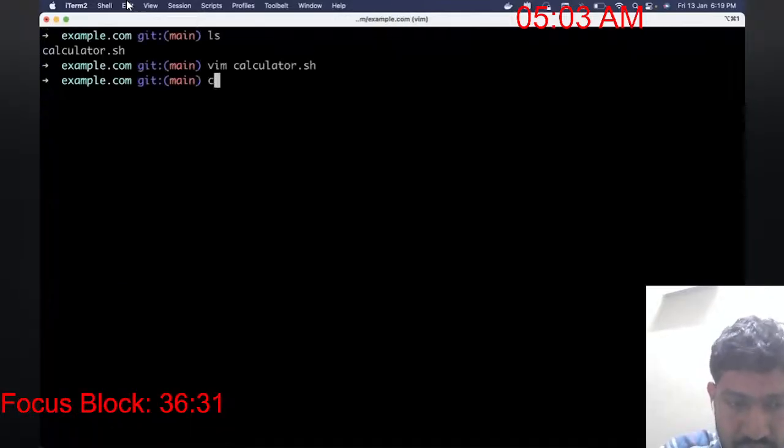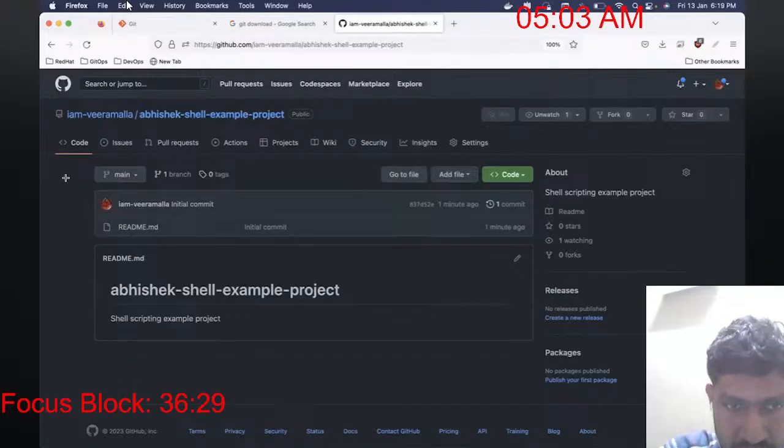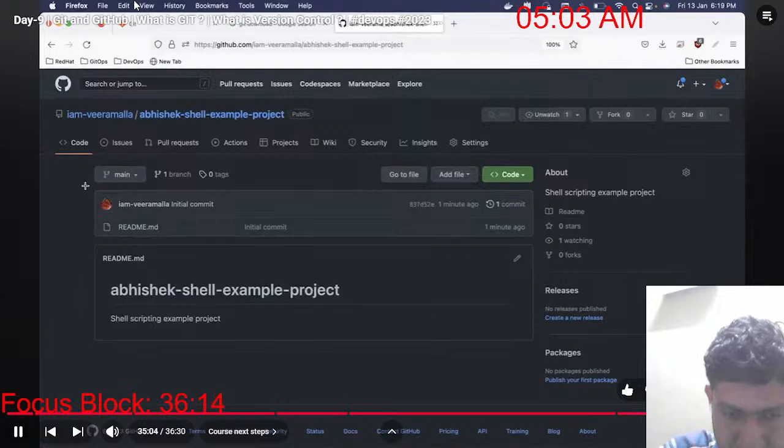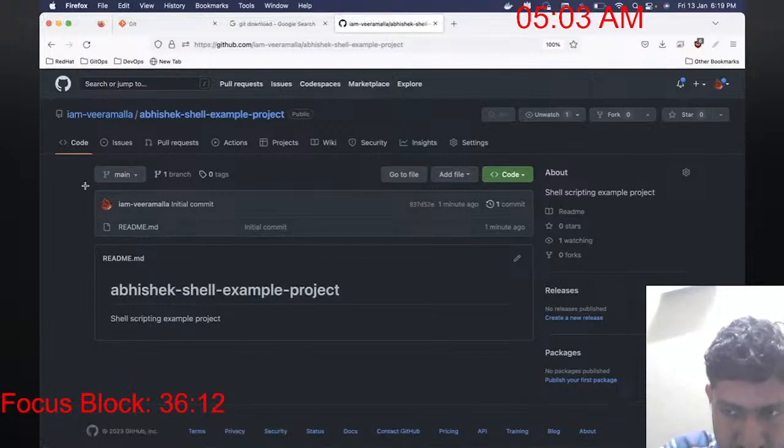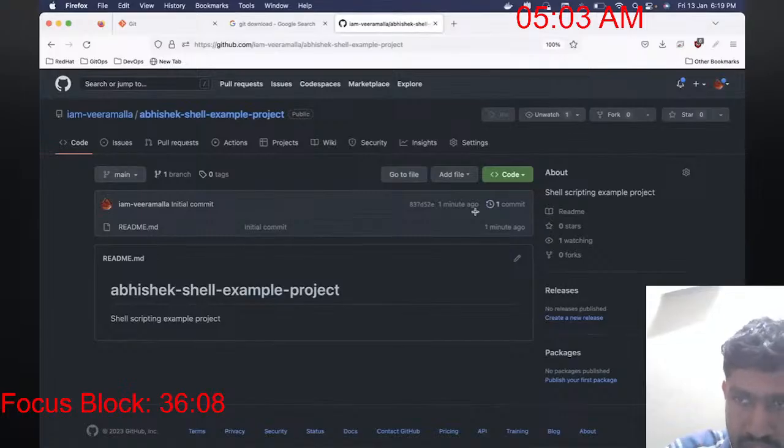But tomorrow we will deep dive into GitHub. GitHub is something that I'm very interested in, because day in day out I work on GitHub. So I'll try to explain GitHub to you in a very detailed way. Why is GitHub very popular when compared to other tools like GitLab and Bitbucket, or the self-hosted Git repositories, where we will deep dive and see what the different options are, how to create users